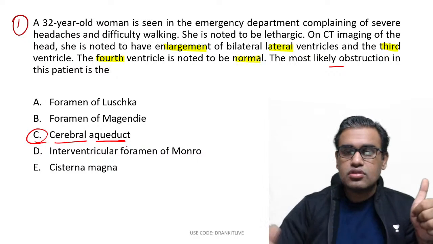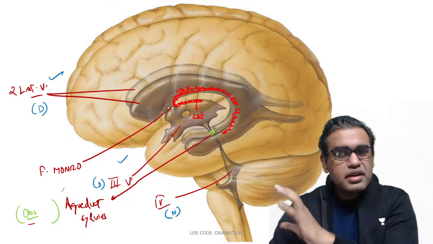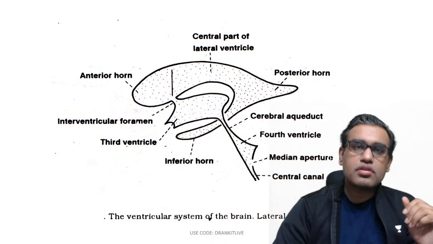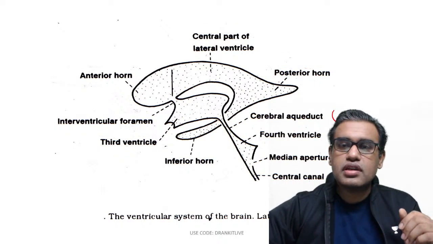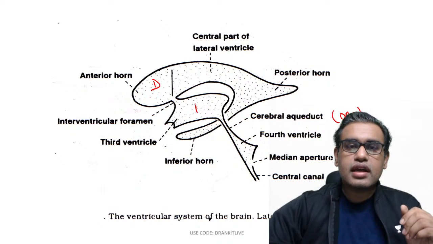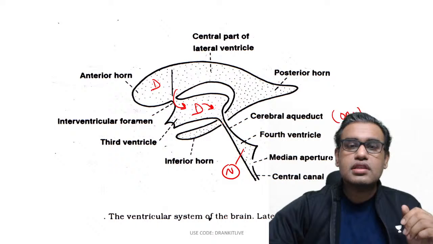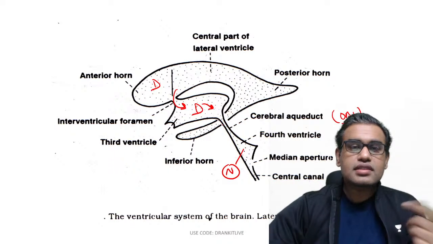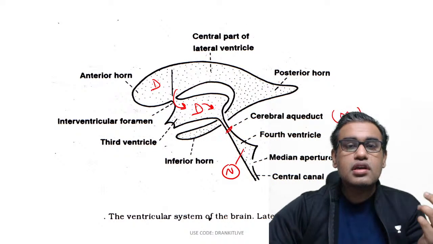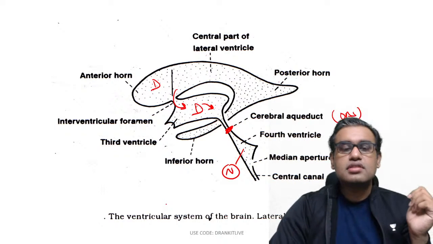Good. So that was our ventricular system. If you want to look at the ventricular system separately, look at this image, same sort of thing. The obstruction again was over here in the aqueduct, and these got dilated, and this was normal in size because the flow of CSF was in this direction. So the extra CSF which was formed was not able to pass the aqueduct. I hope that is clear. Okay, let us see another one.